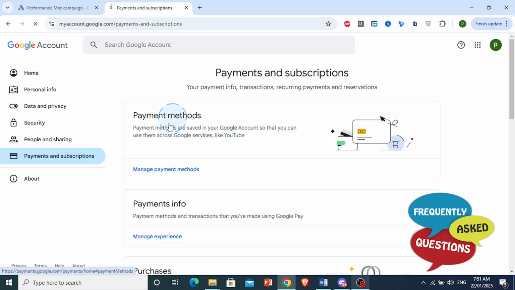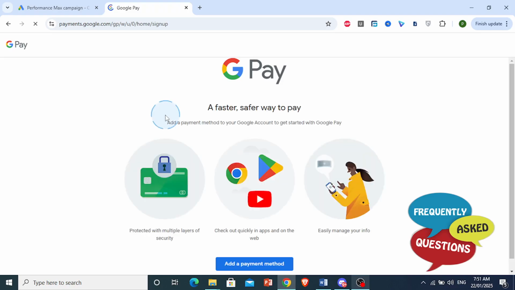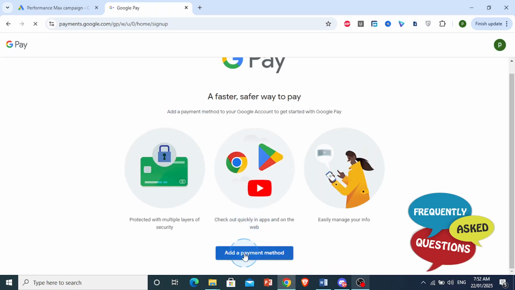Okay, and now under Payment Methods, you want to click on Manage Payment Methods. So the payment methods here will be used across all your Google services. Come here, click Manage Payment Methods. And then once this page loads up, you want to come scroll down here and click on Add a Payment